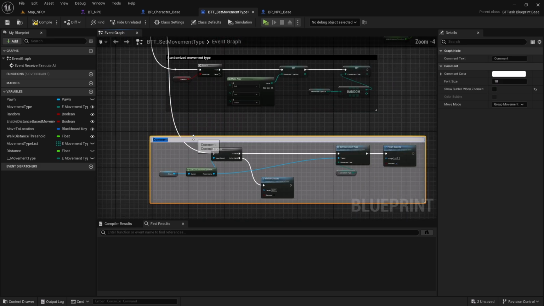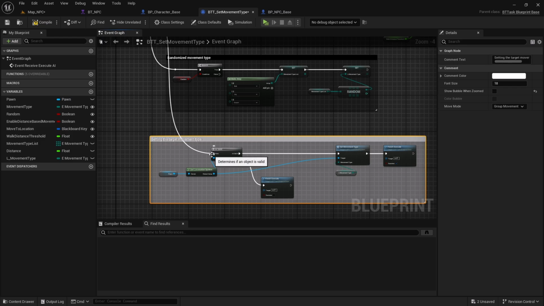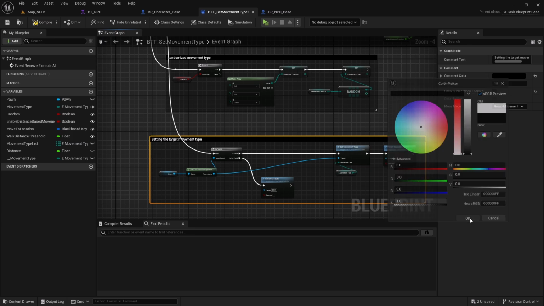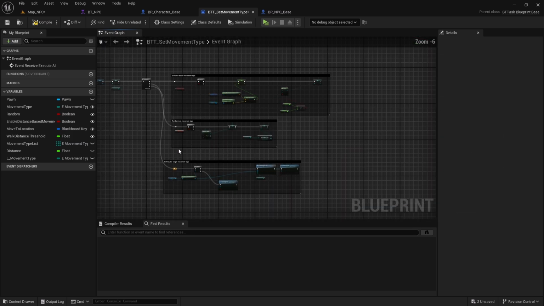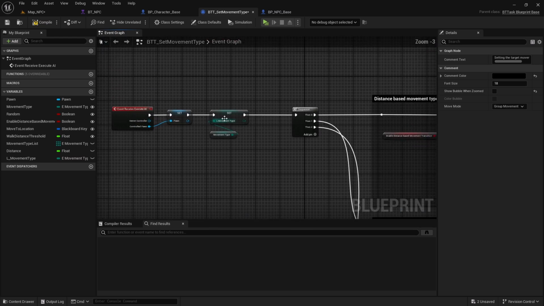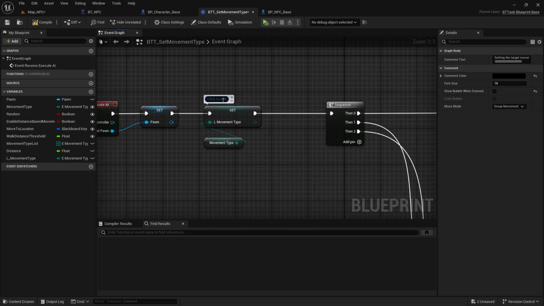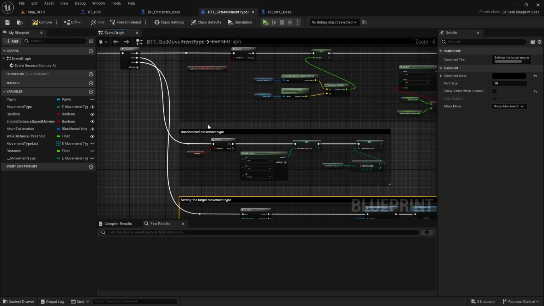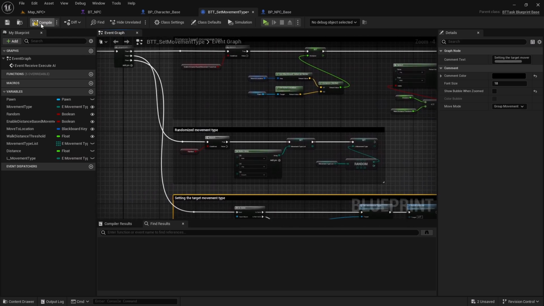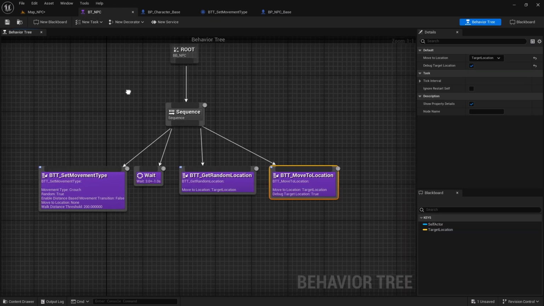and this one is like setting the target movement type. And I'll add a bubble here called default movement type. Okay, now I'll go to the behavior tree,